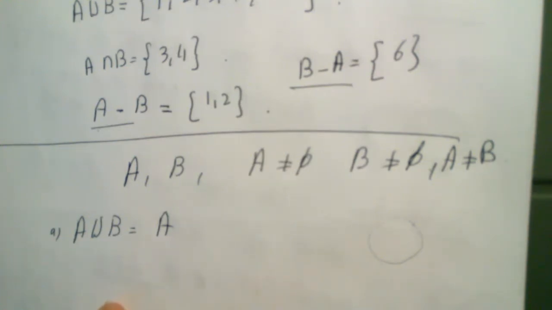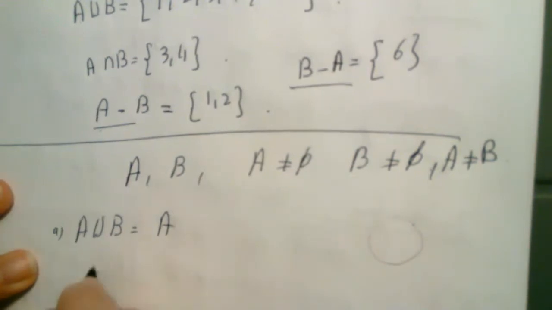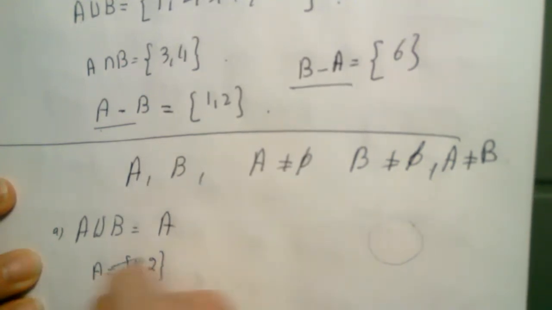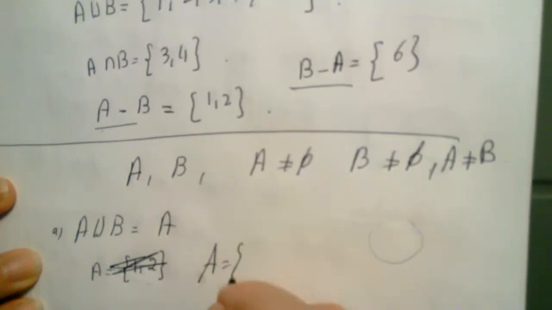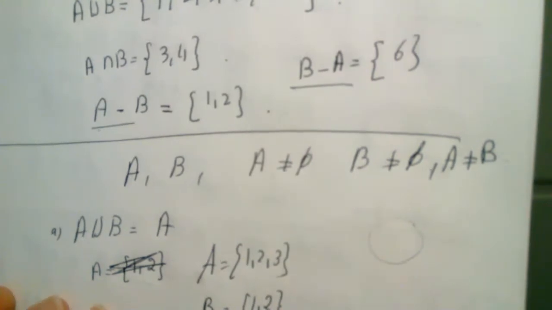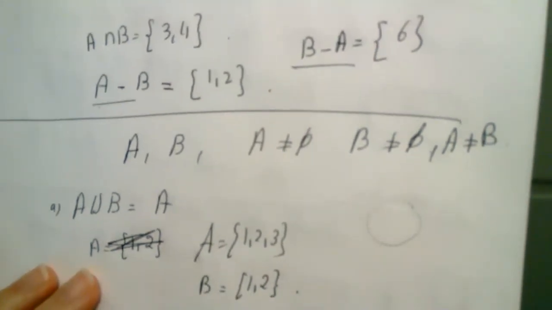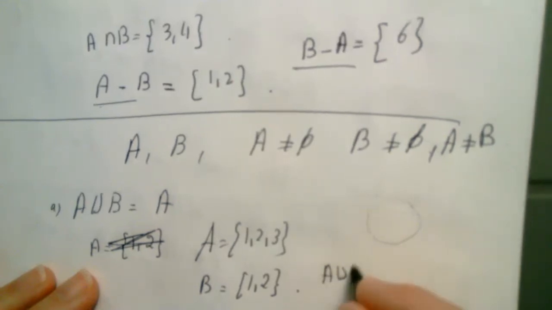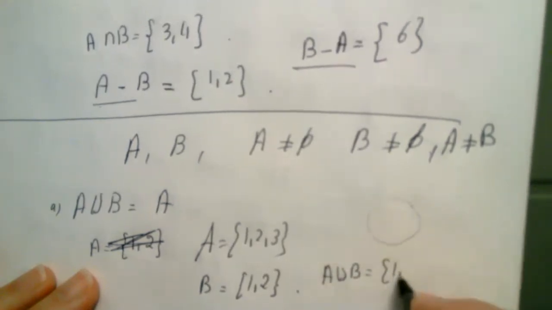Okay, either put your example on the chat or just unmute and give me the example if you found one. All right, Logan is giving me the following. I will write what was written. 1, 2, 3 for A. And 1, 2 for B. Okay. So that's the A, that's the B. Neither one is empty. They are absolutely different from one another. And the union is absolutely 1, 2, 3,